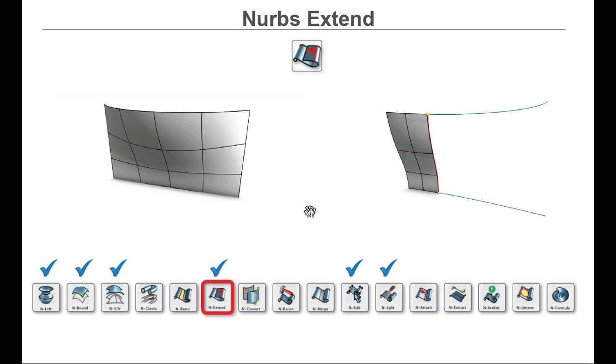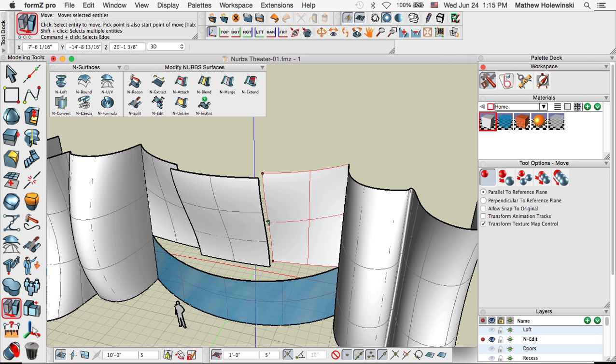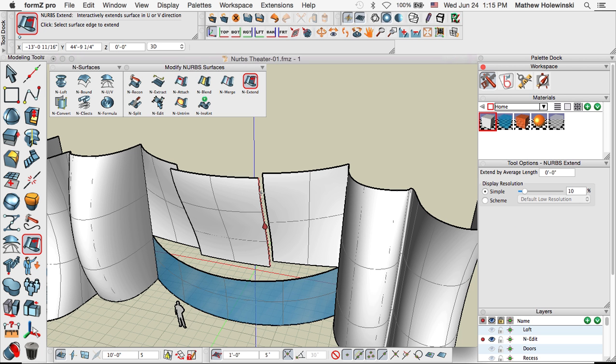and that brings up the next tool we're going to look at, which is the Nurbs Extend tool. This thing's pretty neat because it's not just moving the edge of the Nurbs, it's actually extending the Nurbs. So as you move one of the edges in or out, it's actually extending or retracting that edge along the mathematical form or the curvature of the surface that is there. And so it's a neat way to be able to make adjustments to these by simply selecting the Nurbs Extend tool, click on an edge,